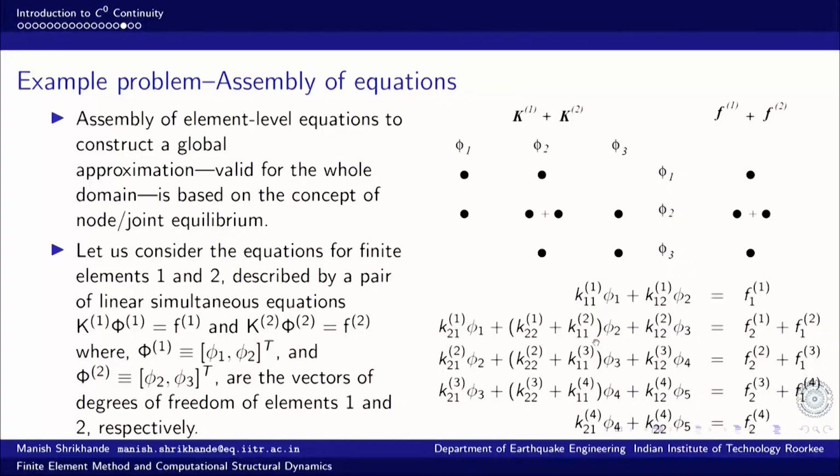So, you can see that the influence is very limited. Phi 1 figures only in the first 2 equations, phi 2 figures only in the first 3 equations, phi 3 figures only in the next 3 equations, and so on. Phi 5 only figures in the last 2 equations. And here I used subscripts 1 and 2 in place of i and j.